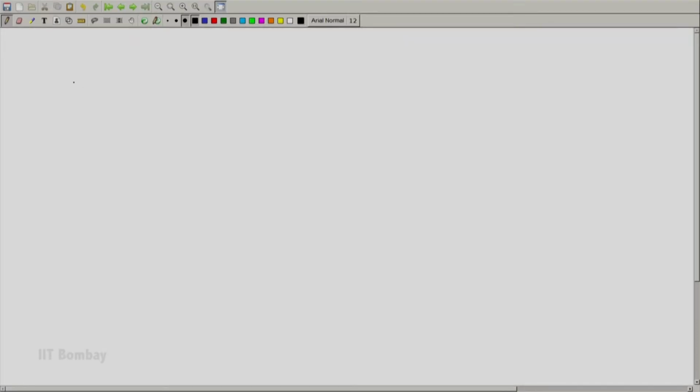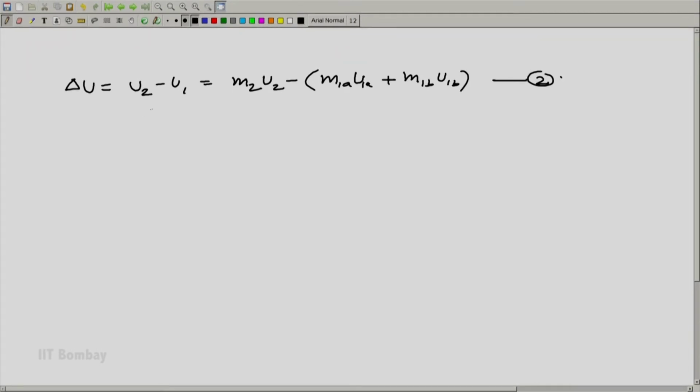So, I can calculate other property changes. Delta U is equal to U2 minus U1, which is equal to M2 U2 minus M1A U1A plus M1B U1B. Okay, this is my second equation. I can get the value of U2 is equal to UF plus X UFG, or delta U, and again putting the respective values together, we get